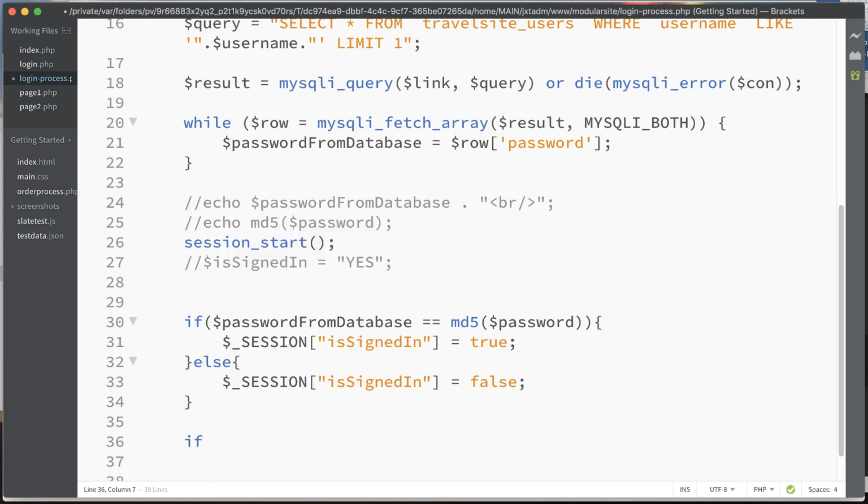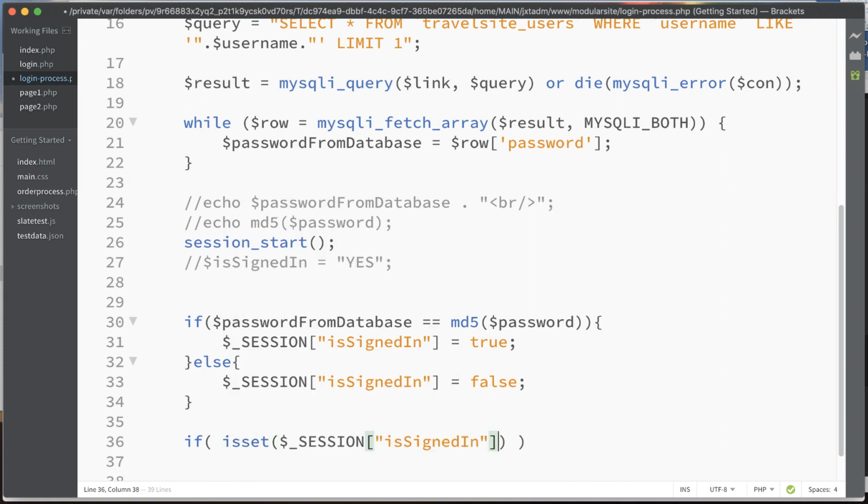The first thing we probably want to make sure is that this thing is actually even set, because if they haven't logged into the page yet, this would throw up a notice. It wouldn't necessarily be an error, but it would be one of those boxes, and it would look kind of weird to see a notice in our final project. So I'm going to say if isset,